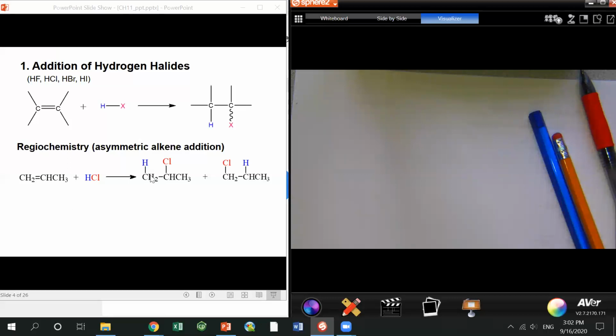For this unsymmetrical alkene, there are two possible products. One is where the terminal carbon picks up